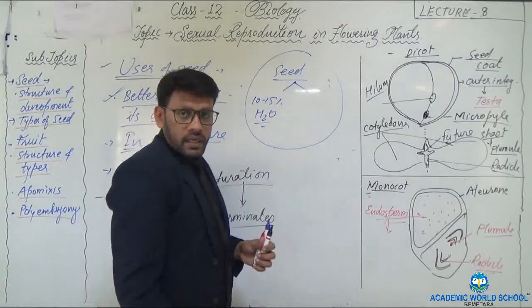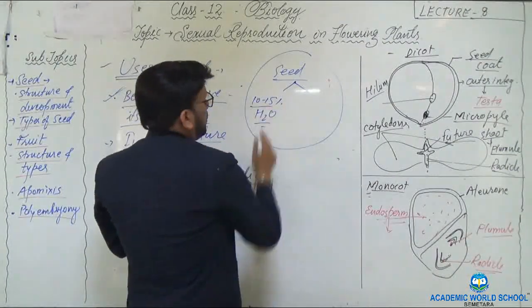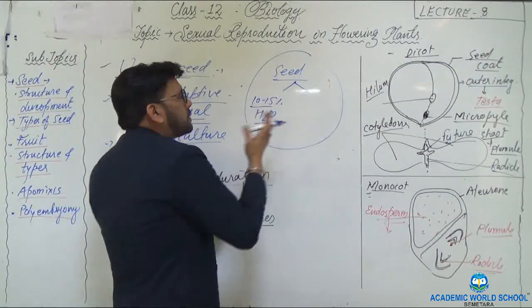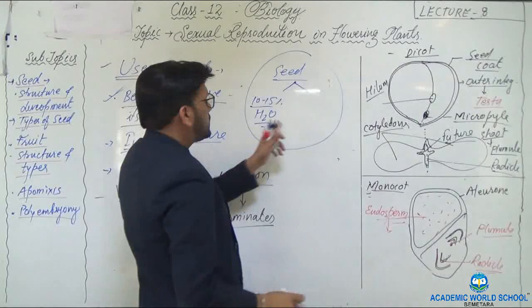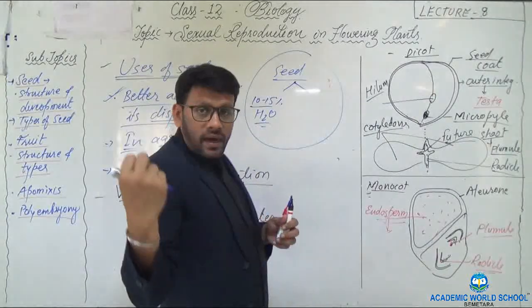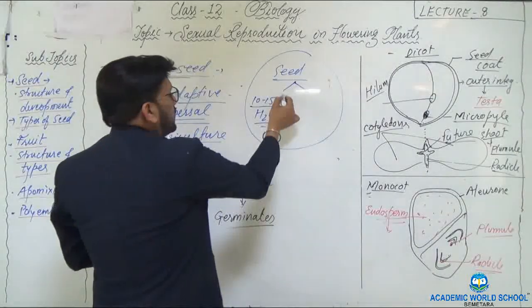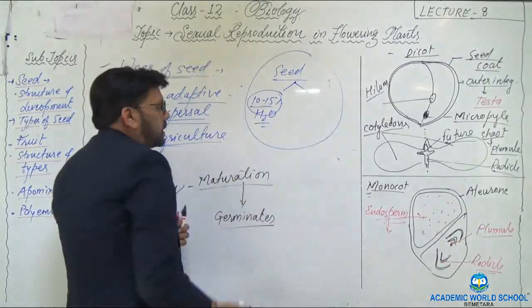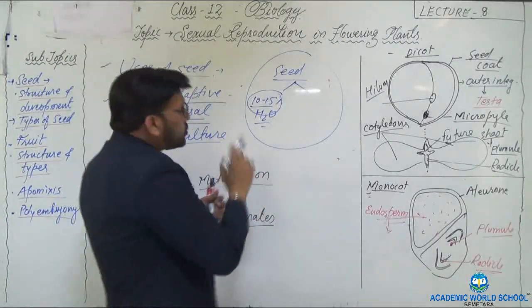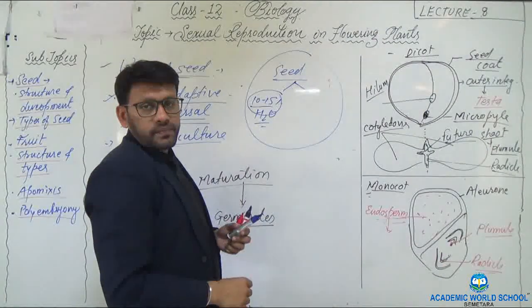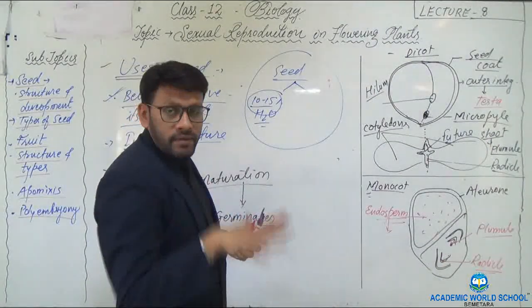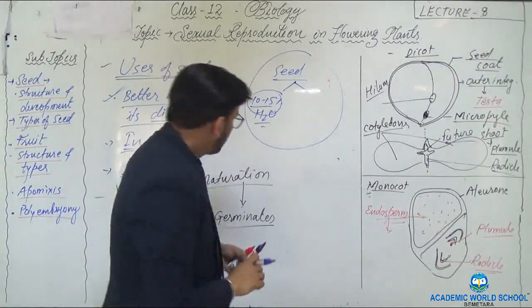They become completely dry. Because of the process of removal of water from the entire seed, it becomes hard. But these 10 to 15% water is needed to preserve or maintain its germination power. Otherwise, it cannot germinate. It will be completely dead.